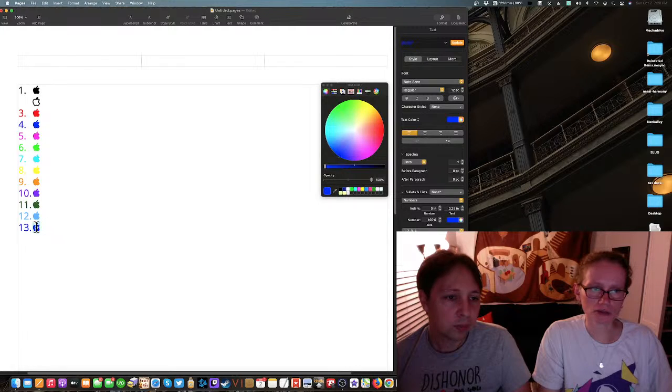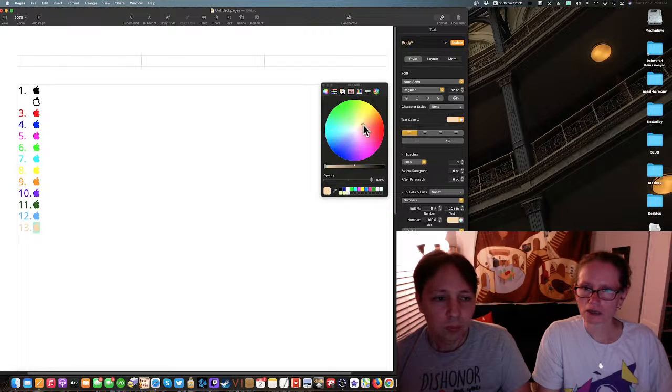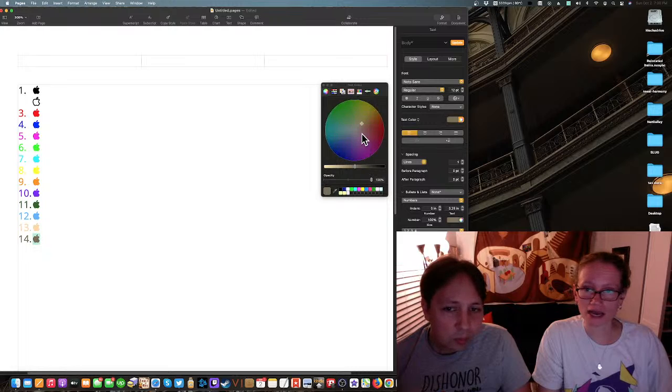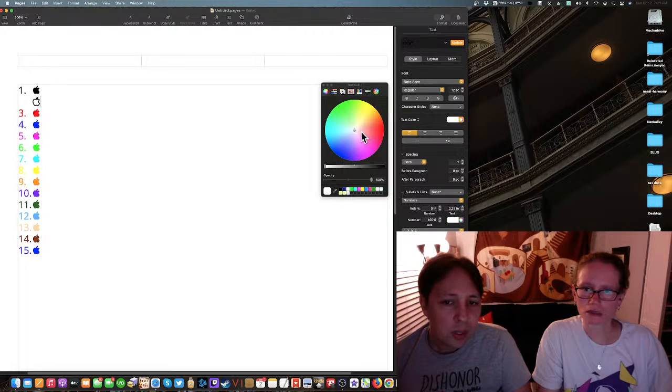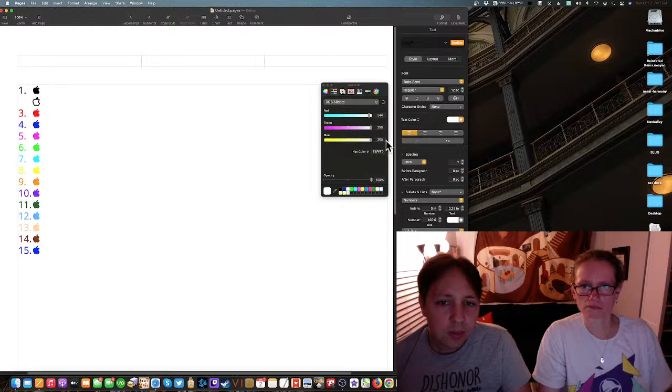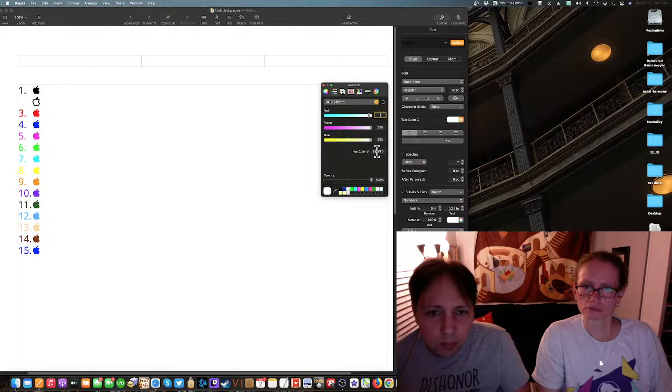Brown is usually the best sort of brown. That's right. Actually, let's just stick with tan. And also we don't have a gray. We've got black. Usually, isn't red the best gray? There's brown. Here, let's just go dead center. In fact, here, RGB sliders. Wait a minute. Here, this is what we want.